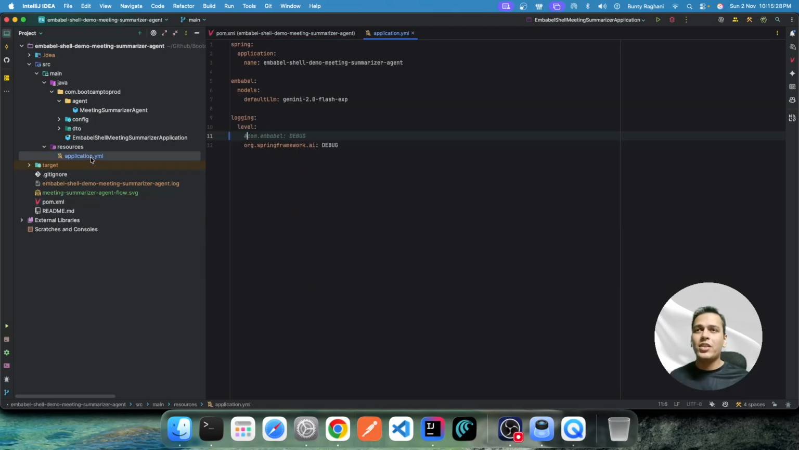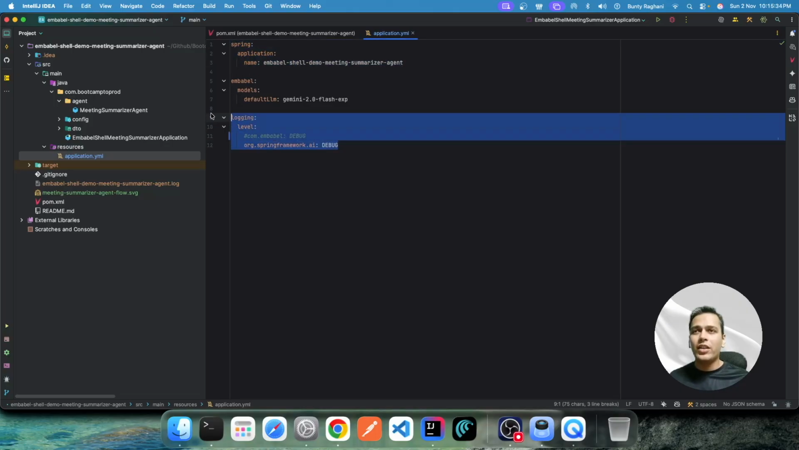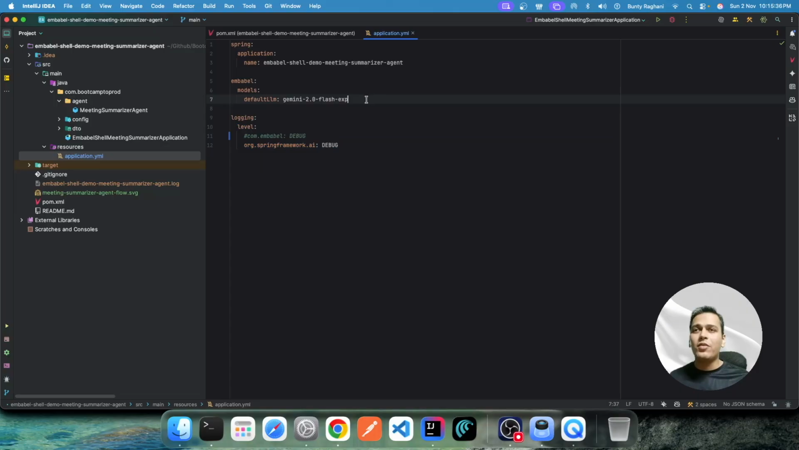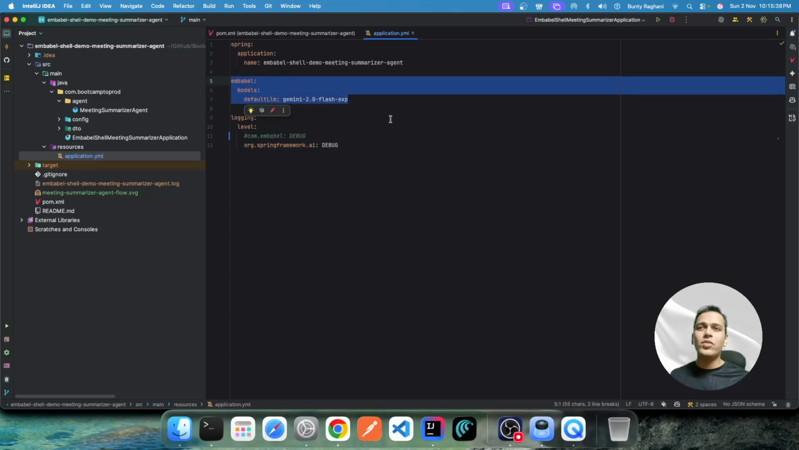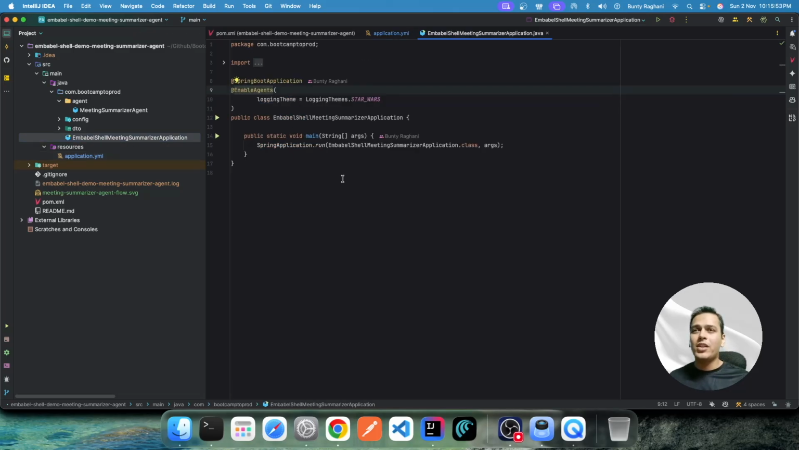Coming to the application YML, here we have defined the basic configuration like the name of our project, the logging level, and then comes the default LLM. You can use any LLM when it comes to Embabel, but in our case we have configured the default LLM as Google Gemini 2.0 Flash Experimental. Now coming to the application main,